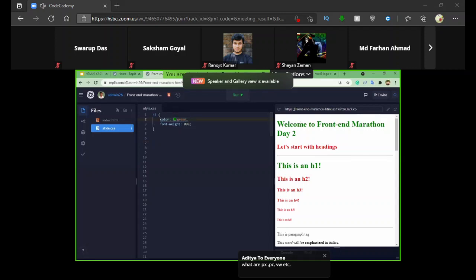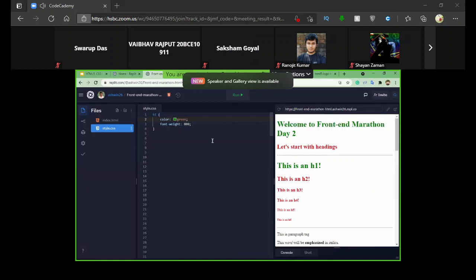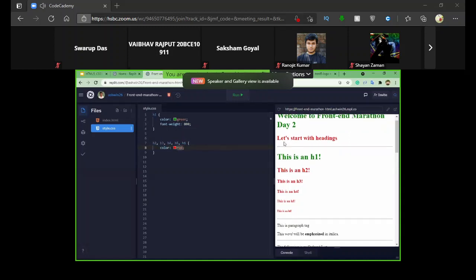Okay, so that's why each and every h1 tag that we have declared here is green in color. Okay, and for every other h2, h3, h4, h5, h6, when we have to select more than one type of tag, we use a comma in the selector part, followed by the property and value. Okay, so I've used color red for this.